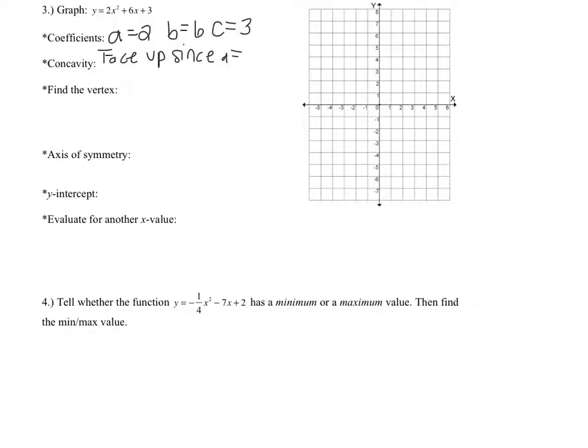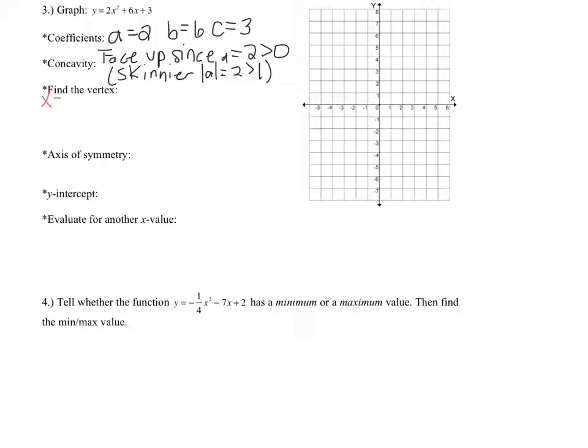It's face up since a equals 2, which is greater than 0. It will also be skinnier because 2 is bigger than 1. The absolute value of a is 2, which is bigger than 1, so it will be a skinnier parabola than the parent graph. So to find the vertex, we're going to use that little cheat formula that we talked about